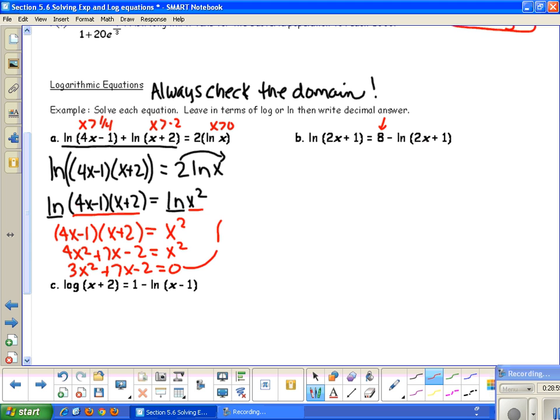Or if you wanted to, you can take this part of your equation and add it to the other side. And remember, when you're adding two logarithmic expressions, that means you multiply what's on the inside. So either way will work. I'm going to just do the second way because it seems like it might be a little bit easier. I'll do the other way too, just to show you. So I'm going to add this to both sides. When I do that, I would get